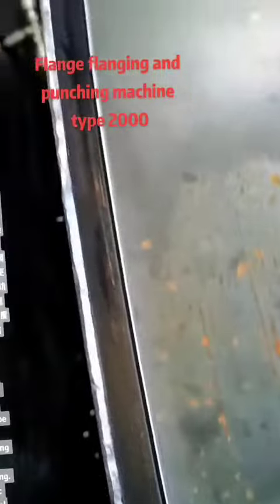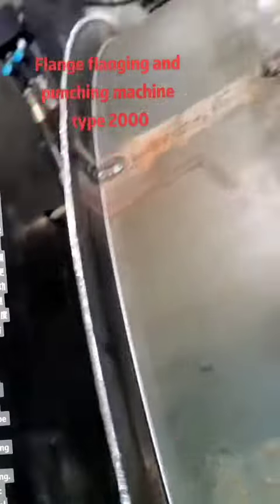5. The spindle is equipped with high-power servo motor and type star reducer to improve